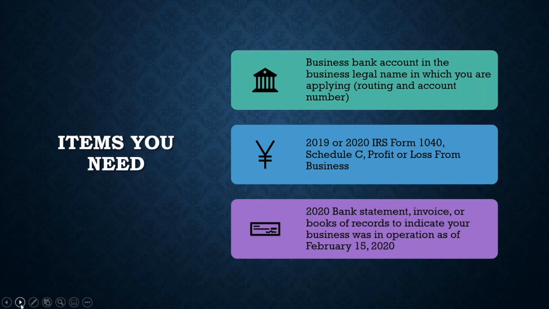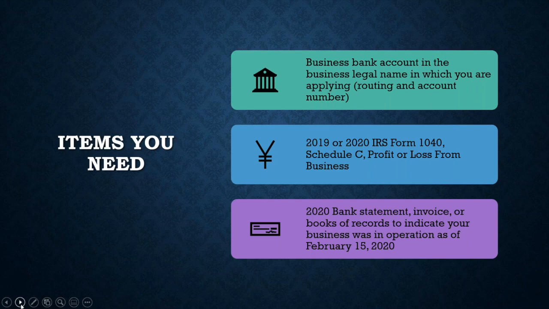Or you may say, well, most of my money was in Cash App, I didn't put it in the bank. You may have some invoices. If you use PayPal and you bill people, you send people invoices, go into your PayPal account and find the invoices that you billed or that your customers paid in February of 2020. Pull those invoices, because that will be substantiation to prove that you were in business as of February 15th,